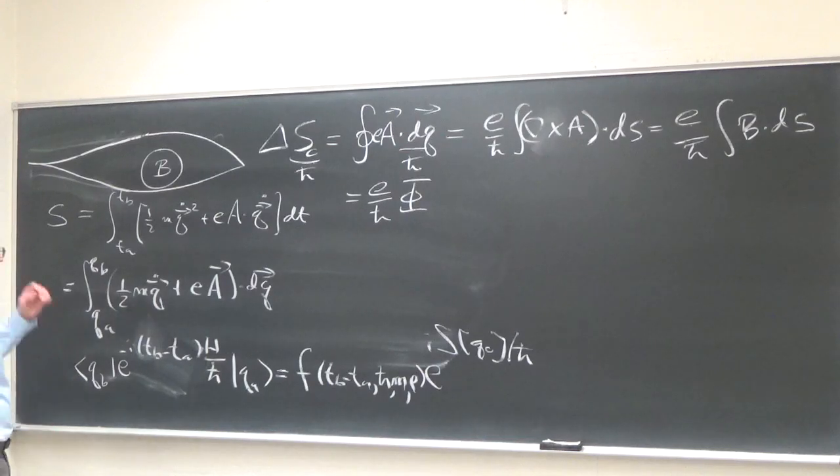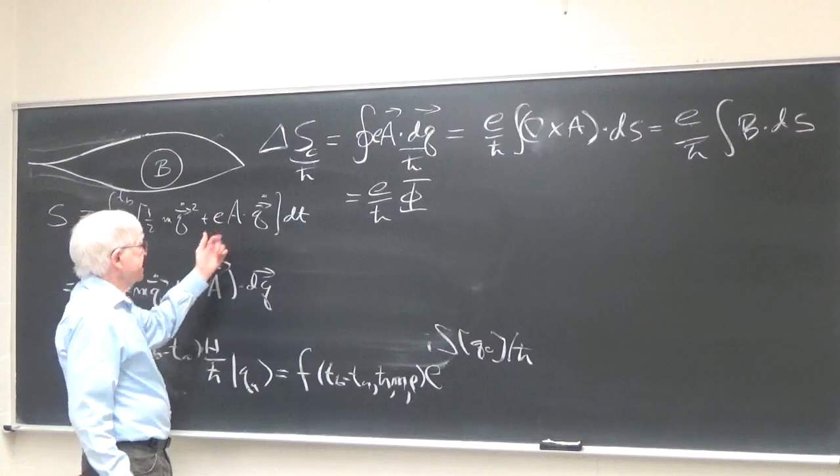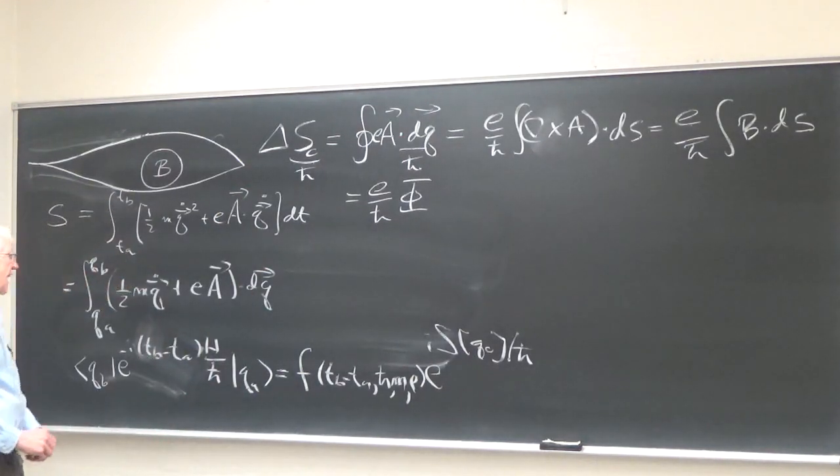Here the action is a half m q dot squared plus e A dot q dot, and